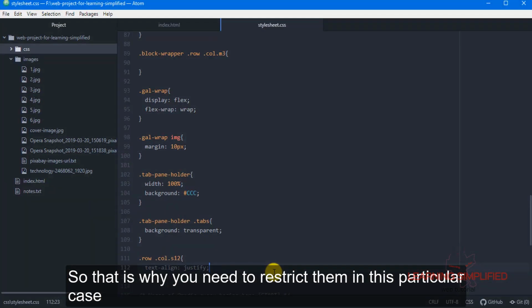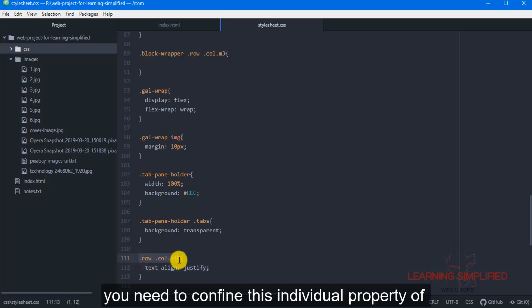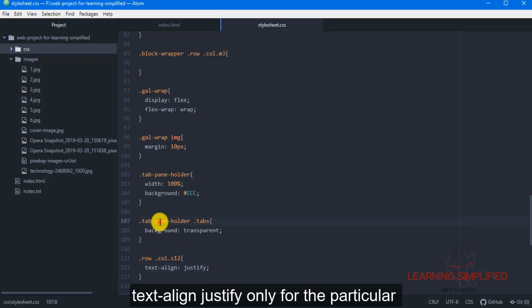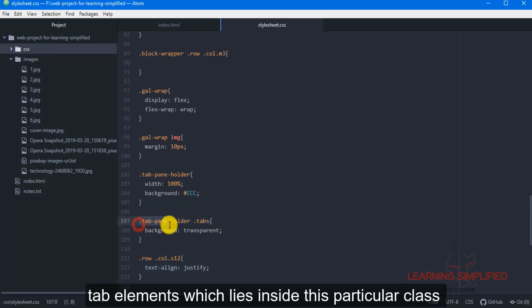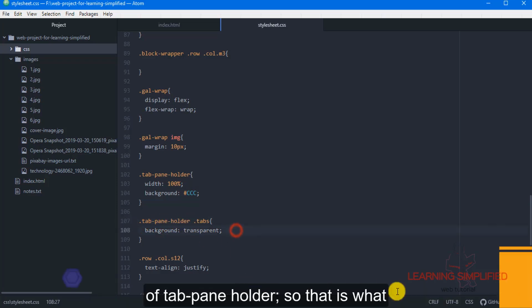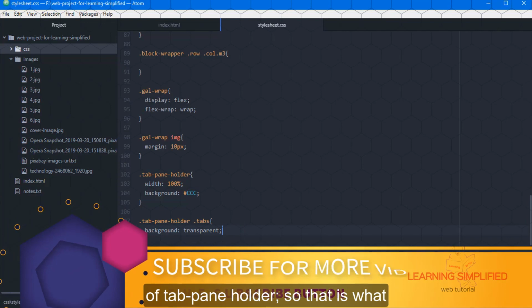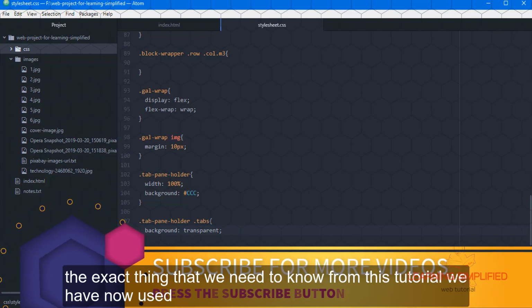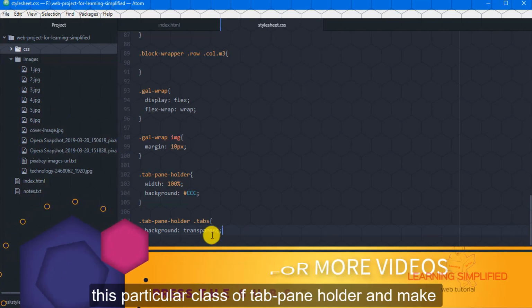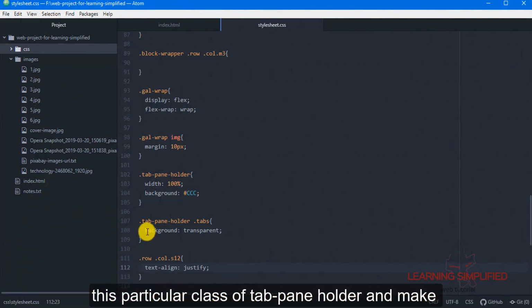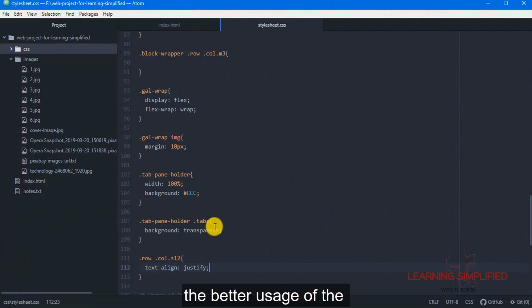So that is why you need to confine this individual property of text align justify only for the particular tabs element which lies inside this particular class of tab pen holder. So that is the exact thing that we need to know from this tutorial. We have now used this particular class of tab pen holder and made better usage of it.